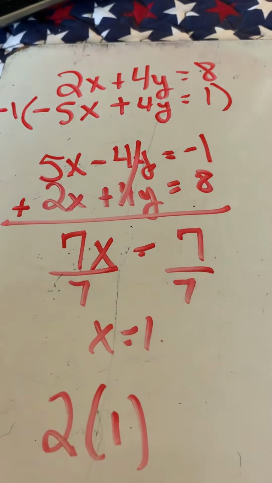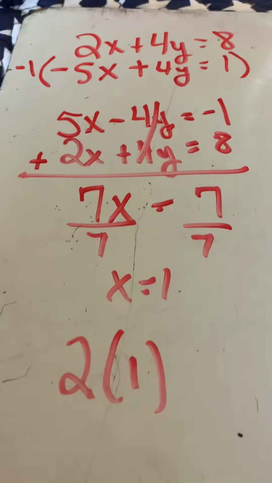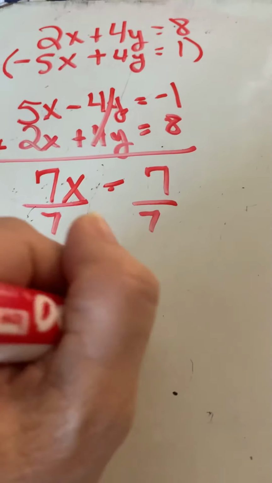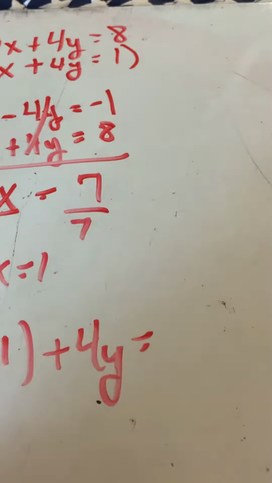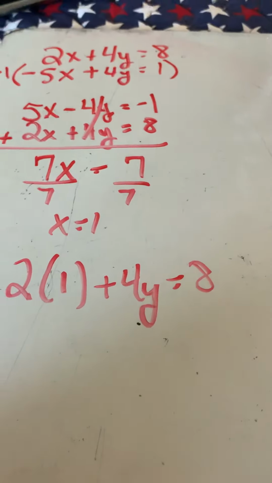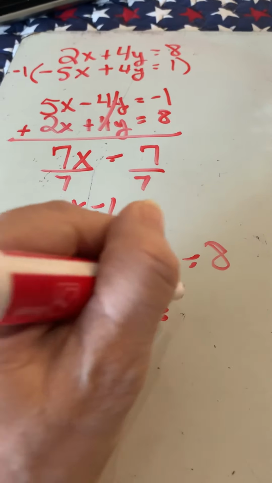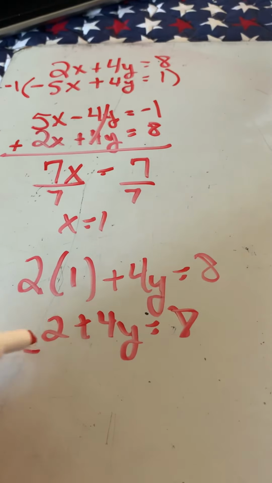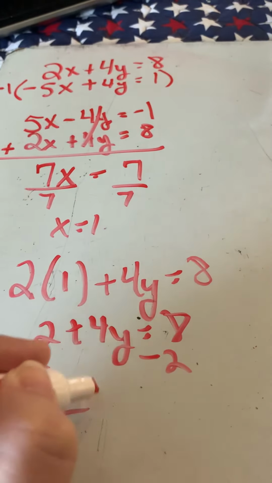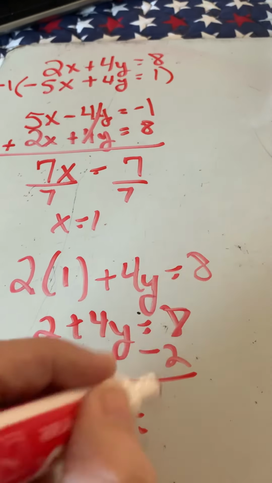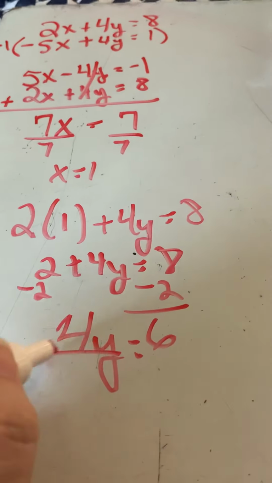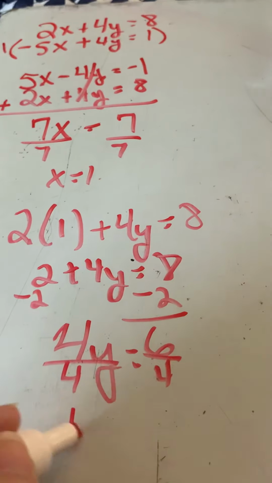It doesn't matter which one, I just like to do the positives. 2 times 1 is 2, plus 4y equals 8. And so now when I do that, I'm going to have 2 plus 4y equals 8. Subtract 2 from both sides, and 4y equals 6. I'm going to divide both sides by 4, and you can see that this is not going to go in